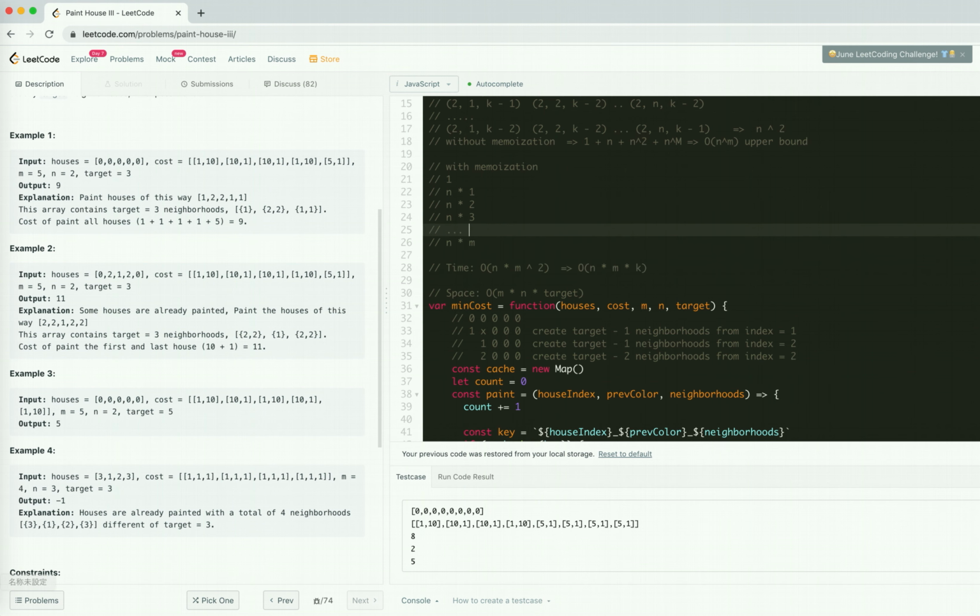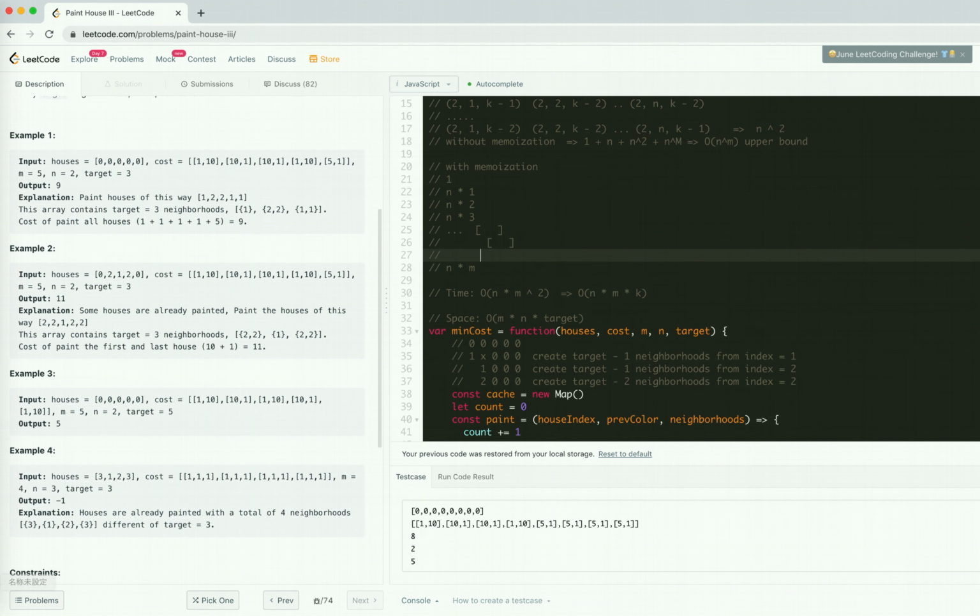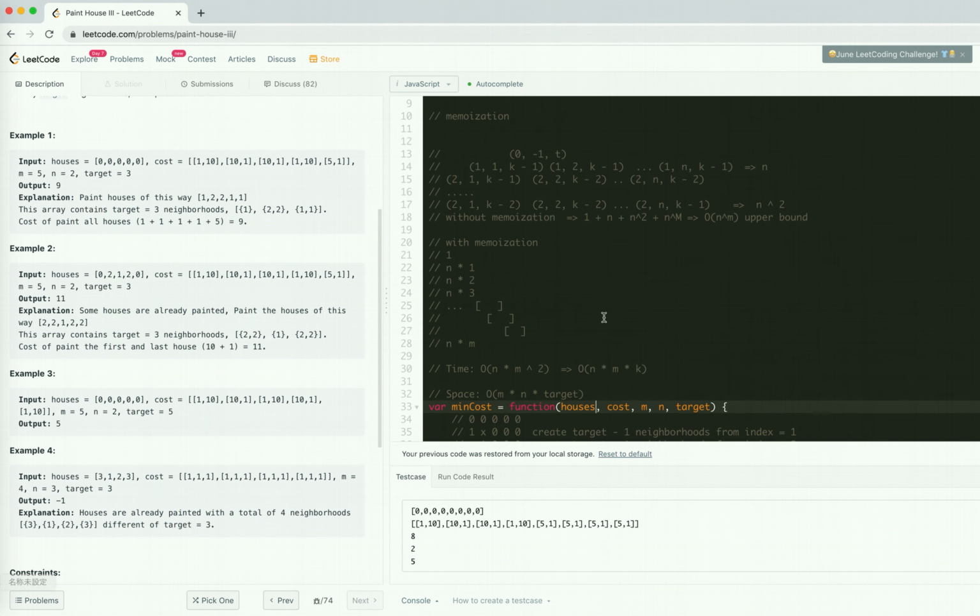Suppose this should be like length k intervals overlapping with each other. So yeah, I think we could reasonably think it's O(n m k). So for the space,